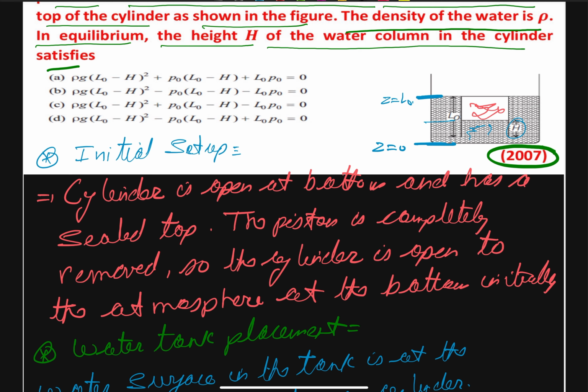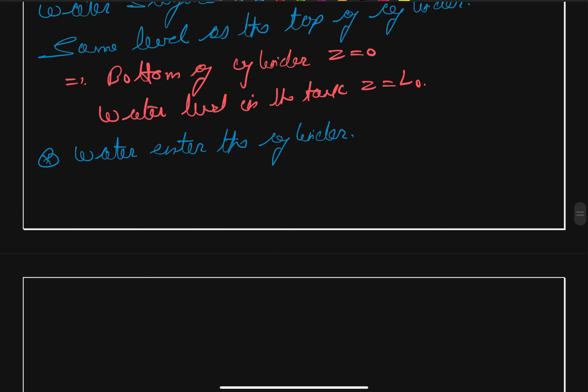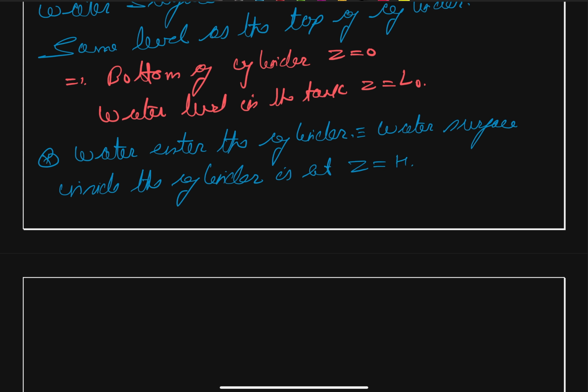And so therefore we can say this is z is equal to h. You can see the water surface inside the cylinder is at z is equal to h. Okay. And